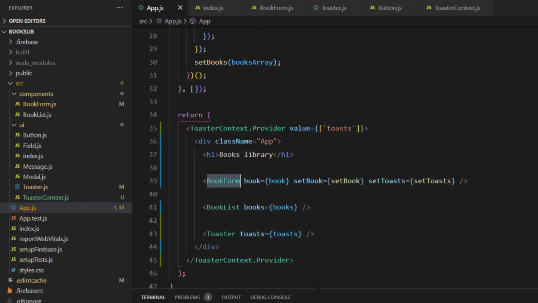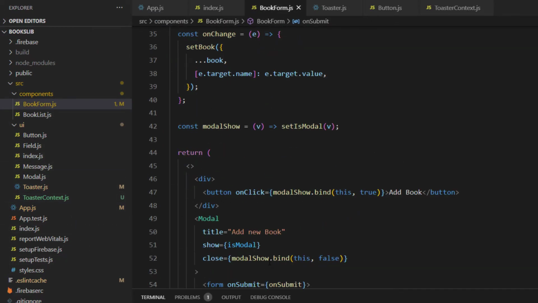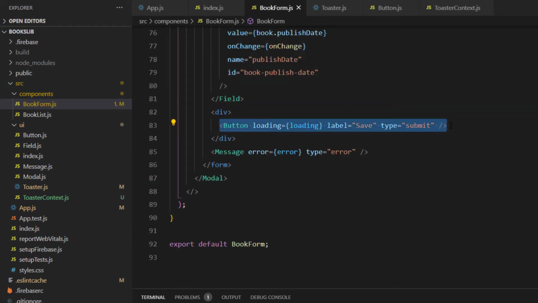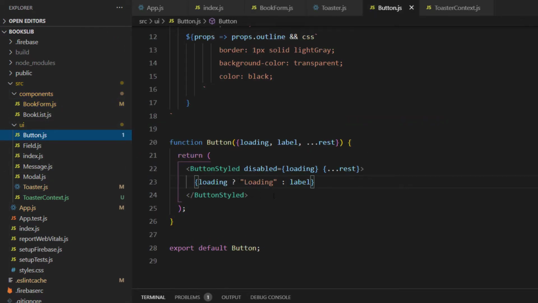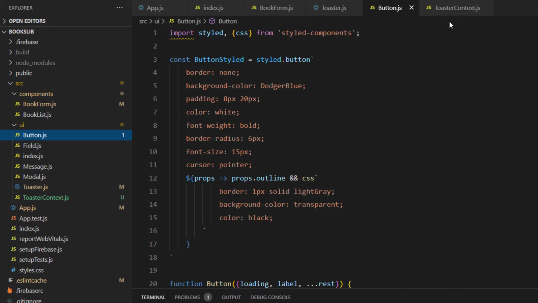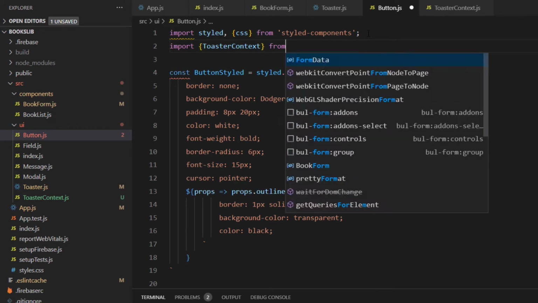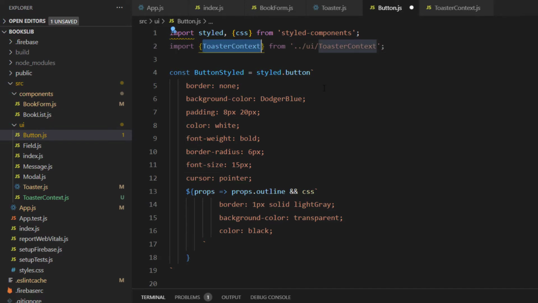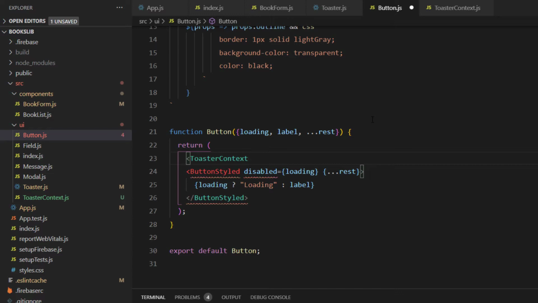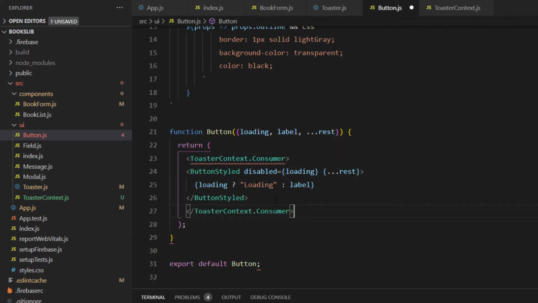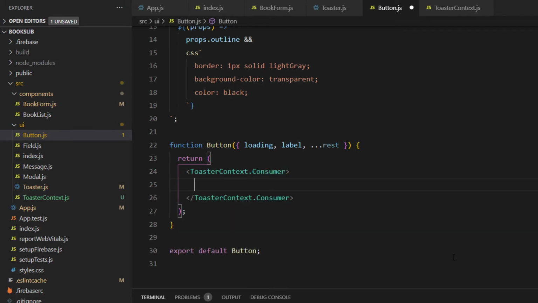Let's go deep to a child of book form, for example, the button. The book form here contains a button child or a message. Let's use the button just for testing. If I go to button, I can here consume the context. Of course, first I need to import the created constant, which is here toaster context. So in the button I can import toaster context from UI/toaster context, and I can use it to consume this context, toaster context.Consumer, which expects a function as a child, and will run it with the context value as a parameter. So I can grab the context value as a parameter for this function, which you can name toasts, and here I can